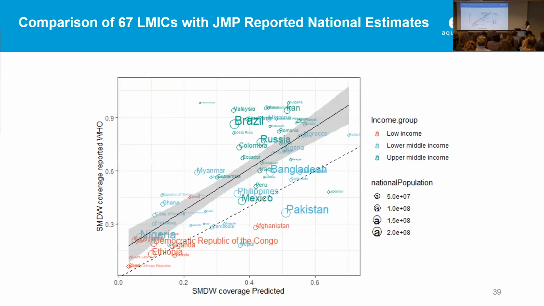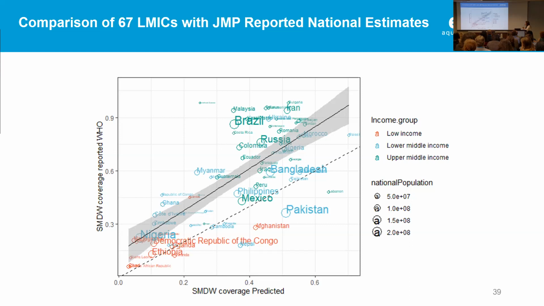So what we've also done is we've compared data which has been collected through national authorities, and we compared it here to our estimates. And so based on our training data, where we only use data from the multiple indicator cluster surveys, and we also only use observations with information about all of the subcomponents, we see that our estimates are quite a lot lower for upper middle income countries mainly, but generally systematically we're estimating lower. For low income countries, we seem to be quite accurate with our estimations.